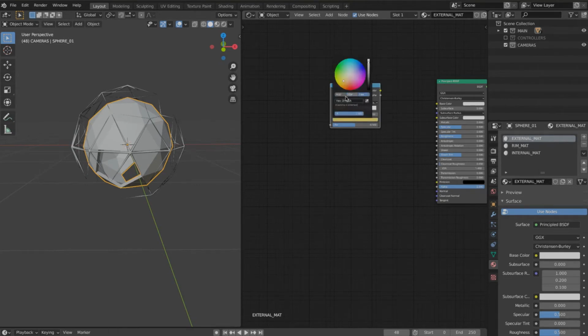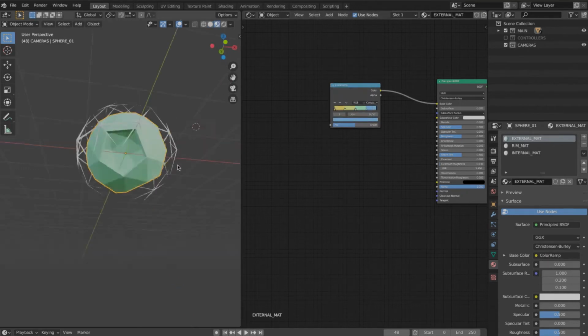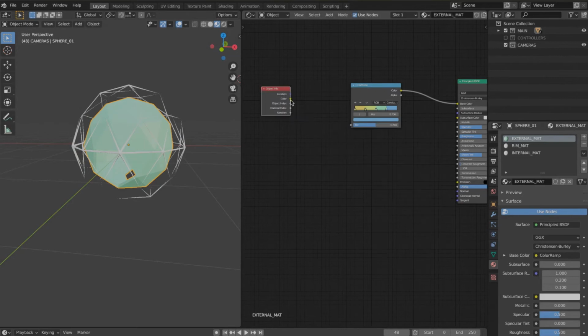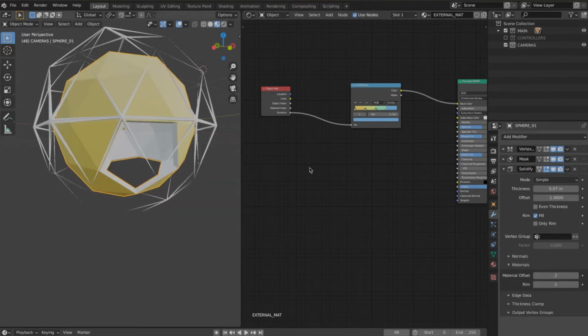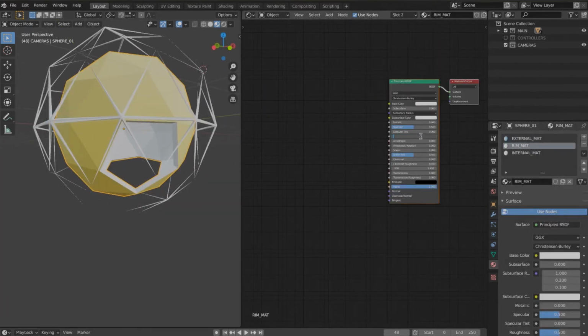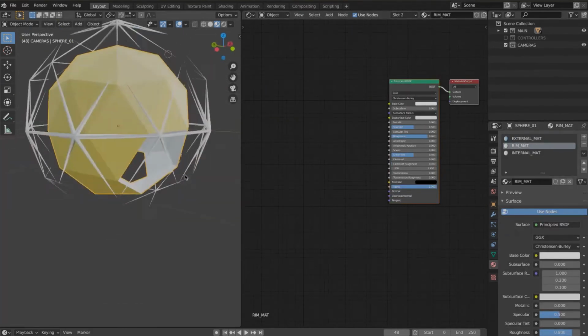What I'm going to do is create a color ramp in the first map. It's going to be replicated in the second map anyway. This color ramp will be divided into 3 colors with a constant offset. I will also add an object info node, and I will feed the random socket.